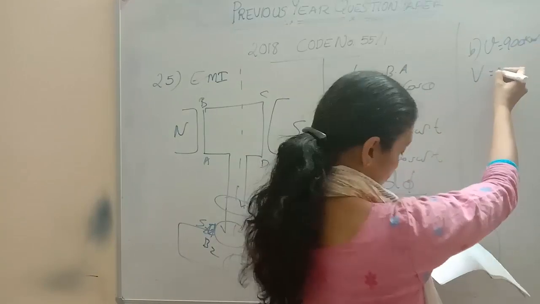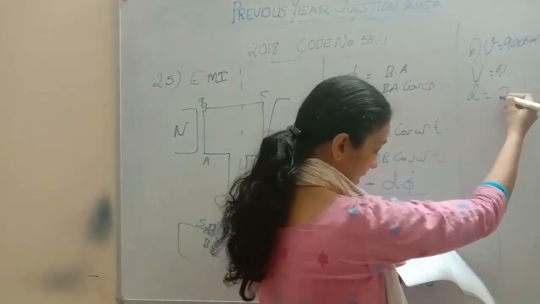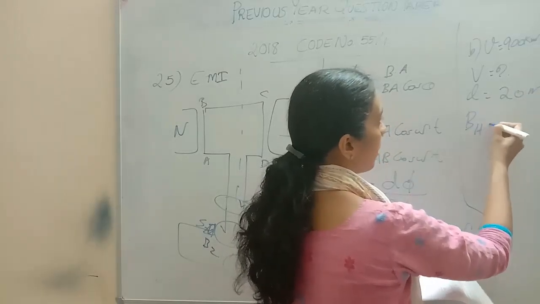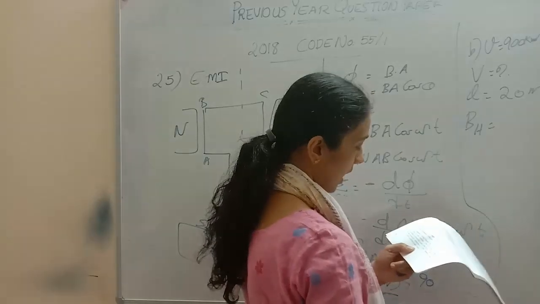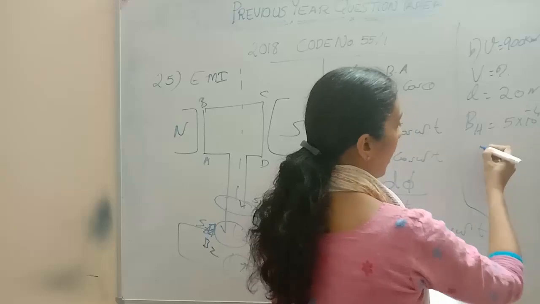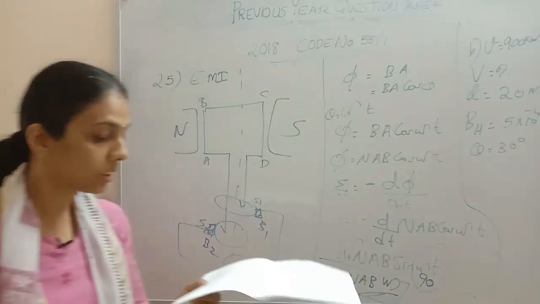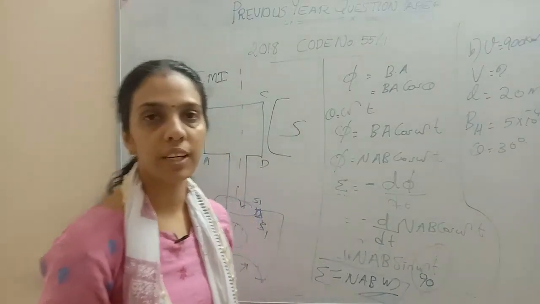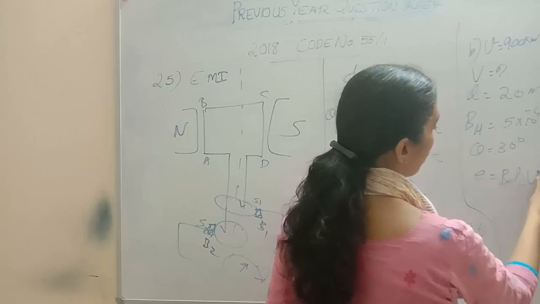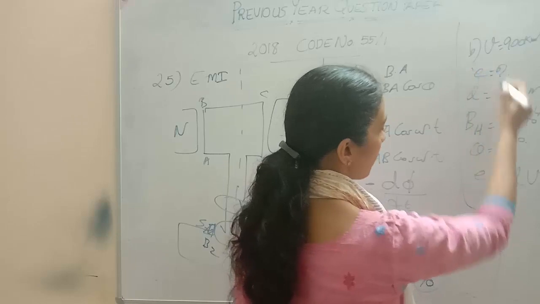Calculate the potential difference between the ends of the wings, if the wingspan is 20 meters and the horizontal component of Earth's magnetic field is 5 × 10^-4 Tesla, and the angle of dip is 30 degrees. How can we calculate the potential difference? Potential difference is equal to